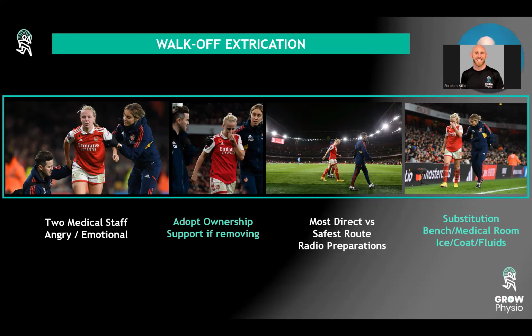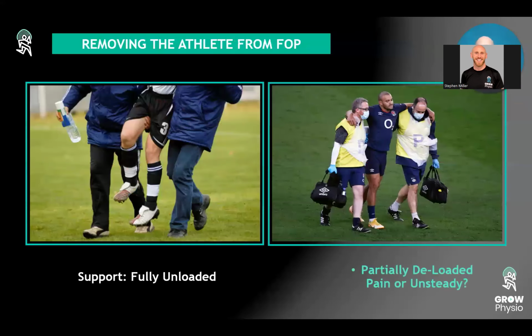Give them some ice, give them a coat, and give them some fluids for now. If they are then unable to weight bear at all through that side, what you might need to do is assist and help them off the field of play. If you don't have any equipment, that can be just an arm around each side, or if they can partially weight bear, they can't put all their weight through, again, they can touch weight bear